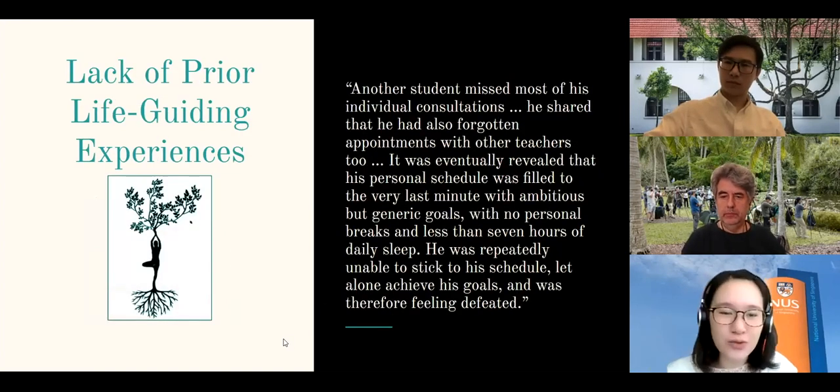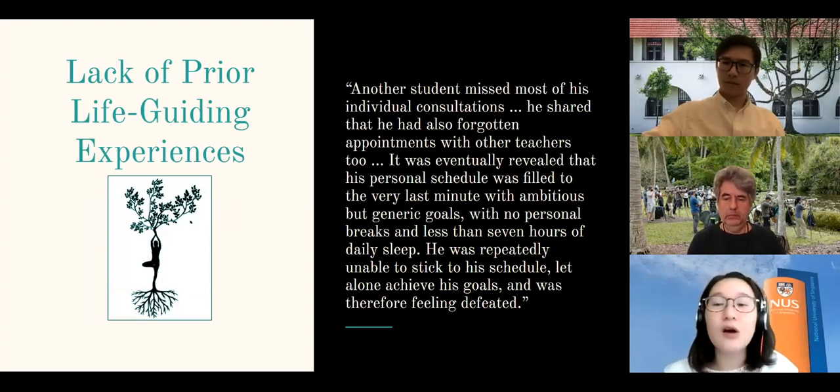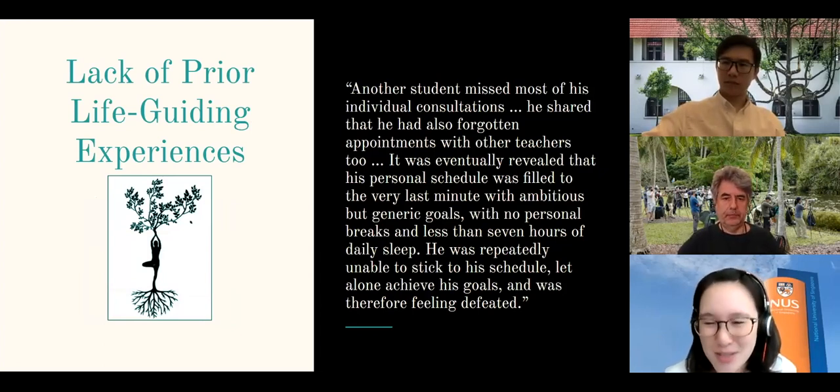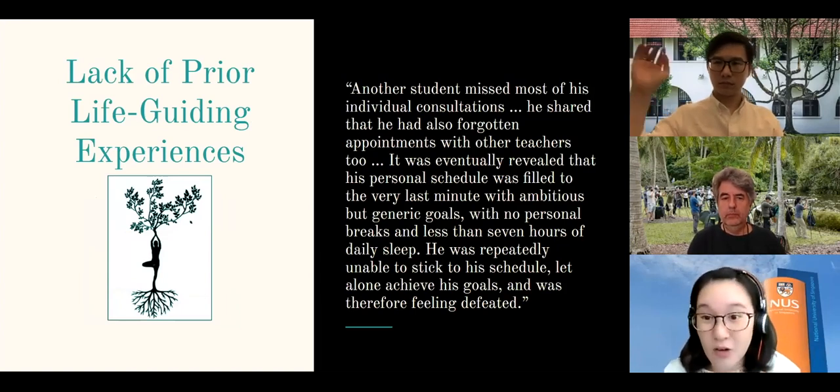Now, the third issue was a lack of prior life guiding experiences. What we found was that students come in with different backgrounds and different rigor in academic studies. So there was this particular student who came in and didn't quite know how to manage the rigor of university life. As a result, he had missed a lot of appointments with our own individual consultations, but consultations with other